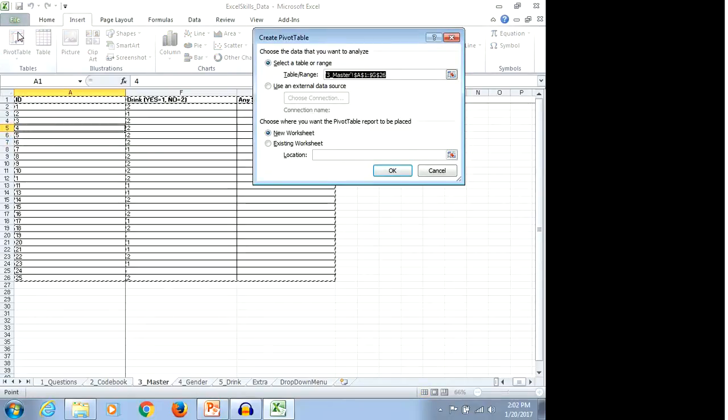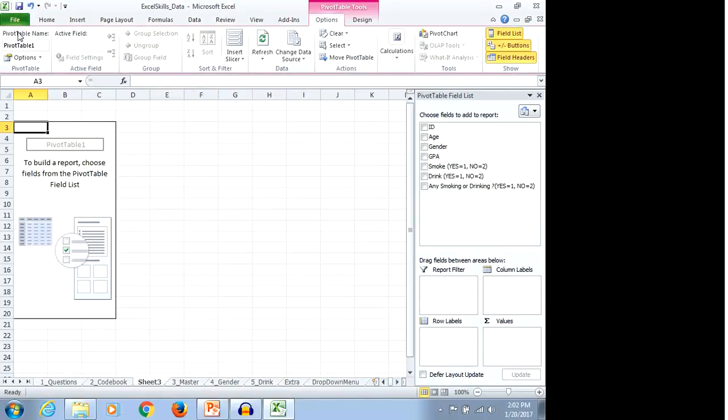And what Excel is going to do is check, is this all the data that you have? Is this where you want to get the raw data from? So make sure that there's a little squiggly thing going over all your data, and that's what you want. So you're going to click OK, and then Excel is going to open a new tab with the